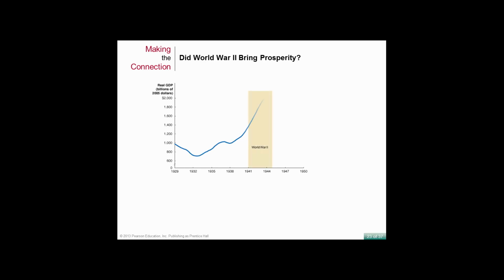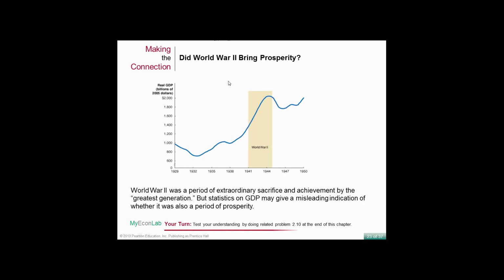Does war bring prosperity? This is a question they ask in the book. Real GDP increased significantly when we were in a time of war because we were manufacturing, we put all these people to work to manufacture this, and we paid service people to be deployed. So technically it does increase GDP, but it may give a misleading indication of prosperity.